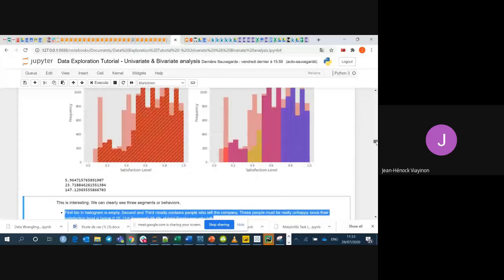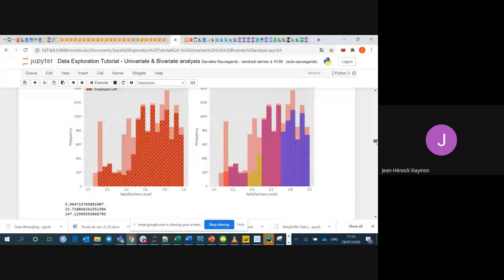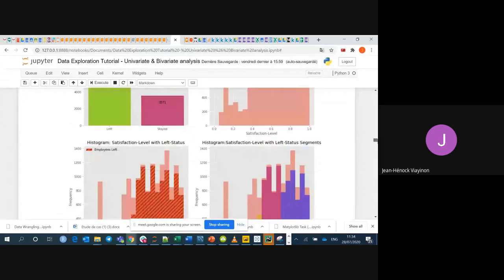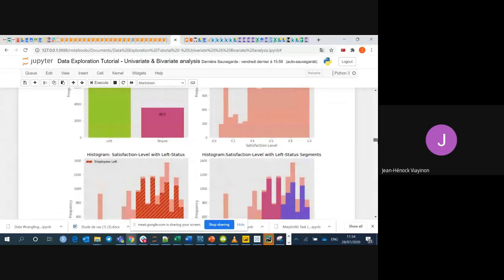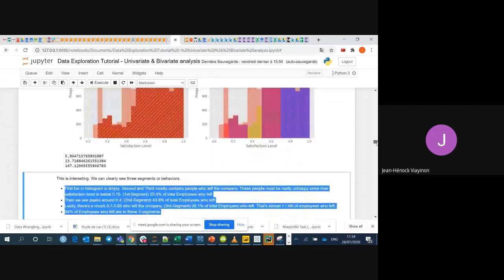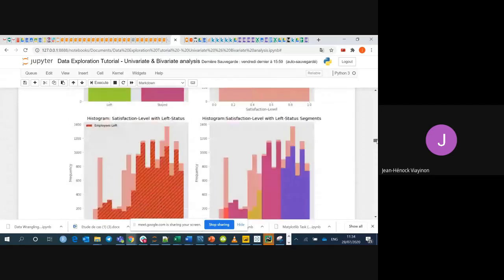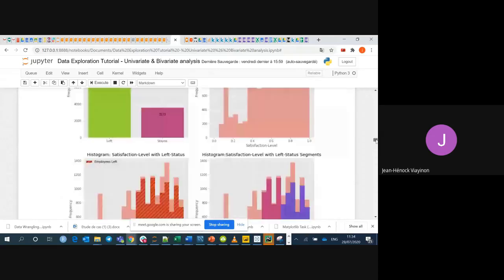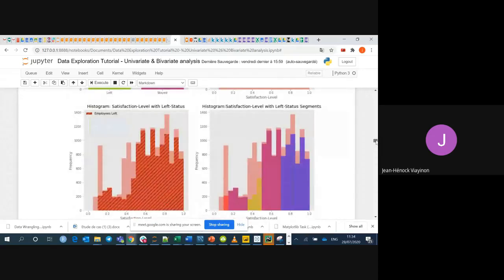So the task is also to look at the plot first, and if you get what I'm doing, look at the interpretation, and if you get it, then look at the code to see how to do it, then you know the direction. I don't want you to focus on the code. I want you to have in mind the mindset we need to conduct the analysis, to know which variables we are going to explore.